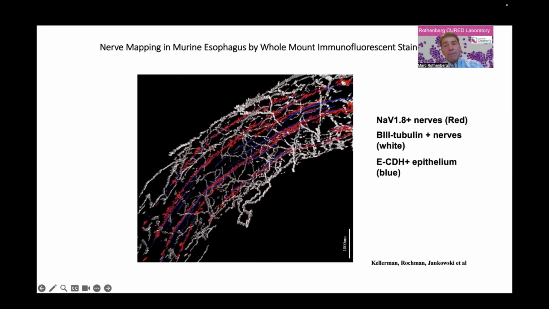And in white, we see a certain type of nerve which forms a network, a web that surrounds the esophagus. The blue is the esophageal epithelium, and you can see the lumen, which is where the food runs, is over here. And right below the epithelium is red staining, which is sensory nerves that run longitudinally along the esophagus, providing multiple ways in which the nervous system is sensing, but also interacting with some of the immune cells, including the eosinophils and mast cells.